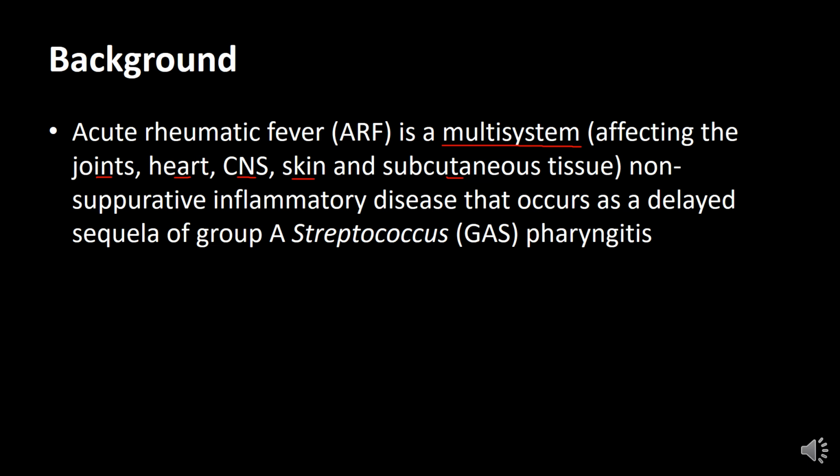And of importance for you to remember is that it occurs as a delayed sequelae of group A streptococcus pharyngitis. That is to say that if acute streptococcal pharyngitis can be managed well, in a timely manner, effectively, then we can, to a great extent, reduce the prevalence of acute rheumatic fever and by extension that of rheumatic heart disease in our setting. The onus is on us as clinicians to make sure that we pick these primary infections early enough and we treat them promptly, so that we can improve the quality of life of the children that we are serving.